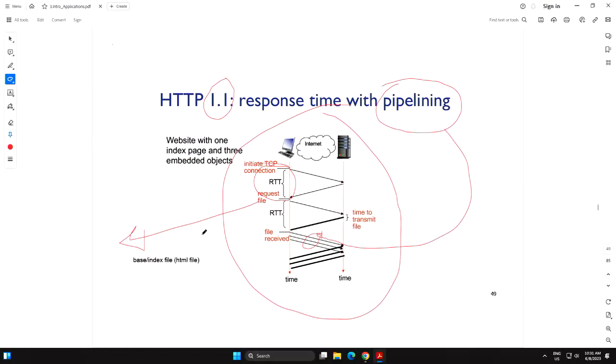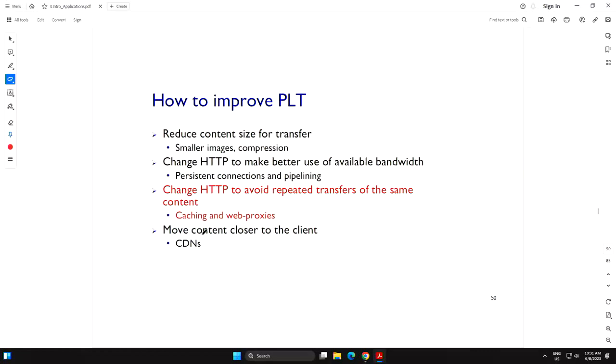And we can see we can bring substantial improvements in terms of the user experience by implementing these changes in the protocol, the way the TCP connection will be used by the HTTP. Now we are going to see, are there any other ways to improve?